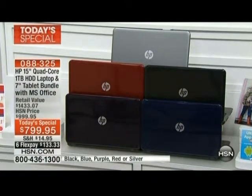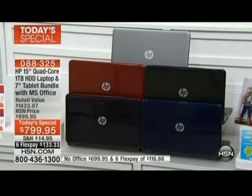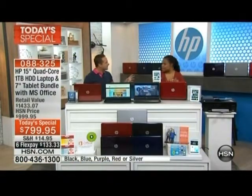The colors are gorgeous. My personal favorite today is the red. It's like a beautiful, rich red, but you've got that hero blue that we know has been very popular today. You've got the sleek black. There's a wonderful purple. All the colors are very sophisticated and high-end. And then we've got the neutral, almost like a slate silver color on the day. It's a new silver, actually. Yeah. We've never had that silver before, and you see it's new to this body. It's really, really high-end. Yeah, I like the